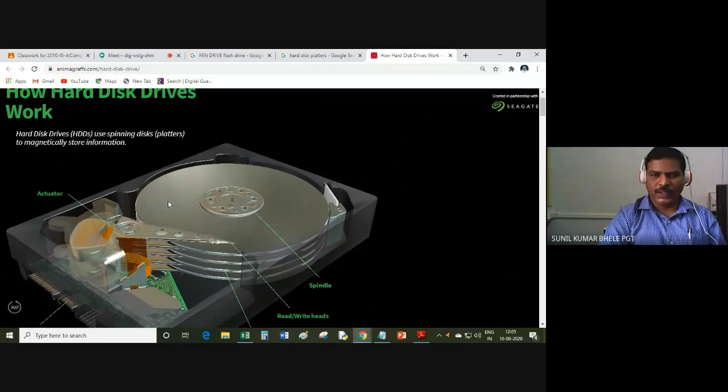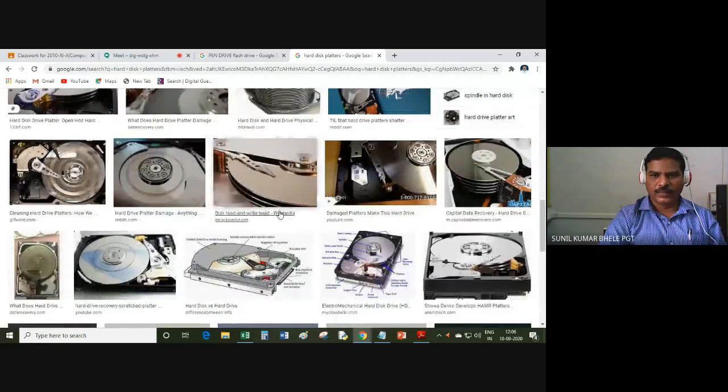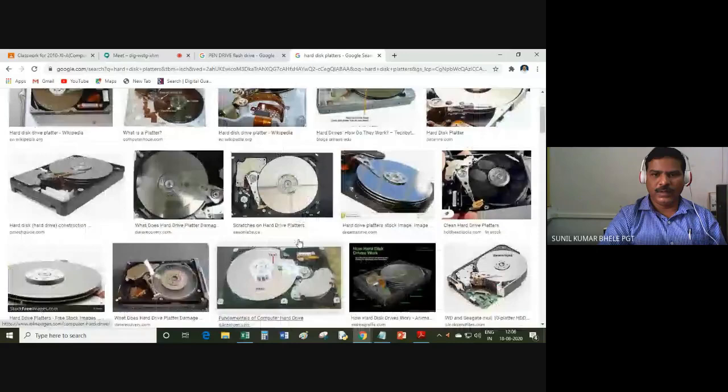So you know that a hard disk is not only a single disk, it contains platters of disk. In this image you can see 4 platters of disk are there, 1, 2, 3, 4. 5 read-write heads are moving here to read and write, to access the data at a very fast speed. So this hard disk revolves around 3200 rotations per minute. So these are the various images of the hard disk.